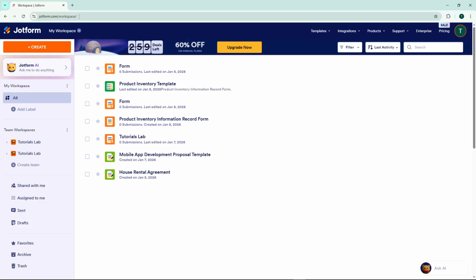Welcome back, everybody. Today, I'm going to teach you how to receive secure online payments with Jotform. Whether you're selling products, accepting donations, or collecting fees for services, Jotform makes it incredibly simple to integrate payment processing